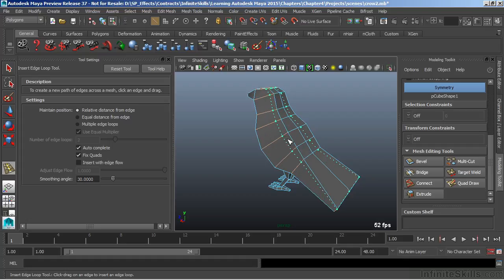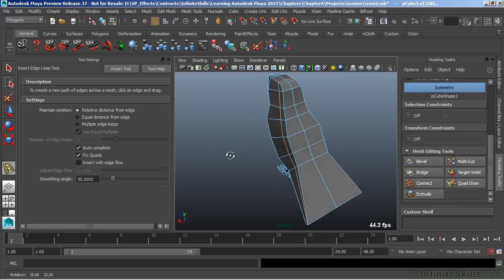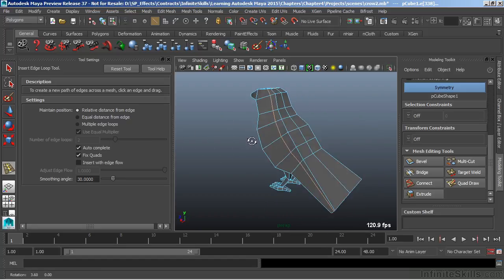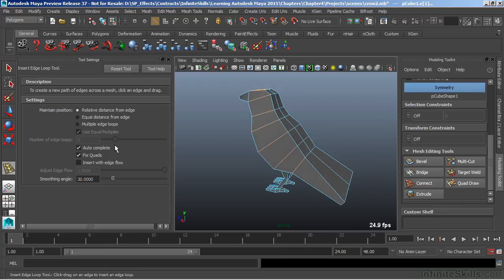And if I hold the left mouse button down, I can relocate that edge loop. I'm going to place this just right about here. And we can see that it just drops that edge loop in there, and it goes all the way around my model. I'm going to undo that and look at a different option to turn on here, and that is Insert with Edge Flow. I'm going to check this, and now come back to my model,